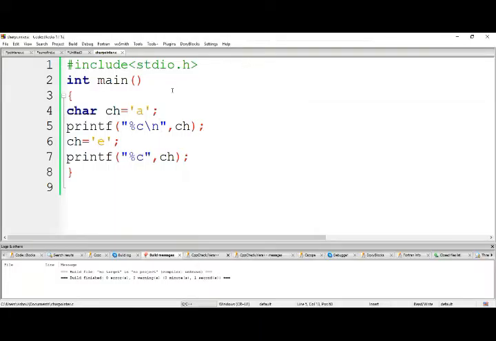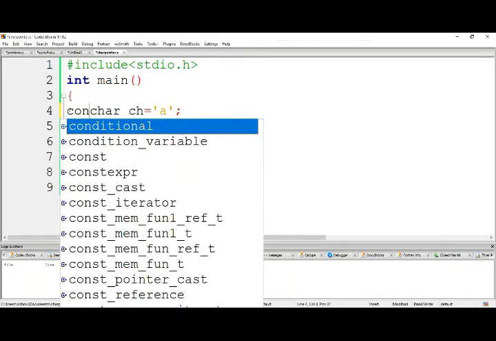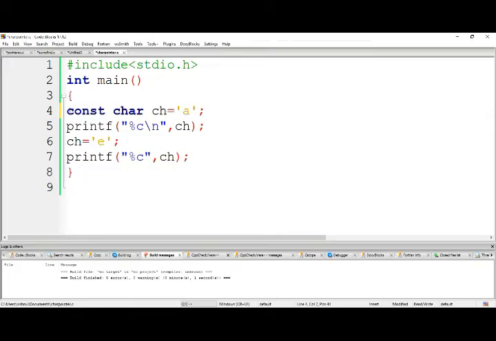Now let me place a const keyword before the declaration of ch. So what does const denote? The value will not be changed. It is a constant value which initially has some value which will not be changed during the execution of the program.